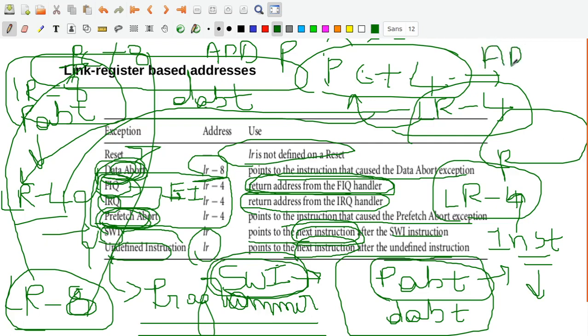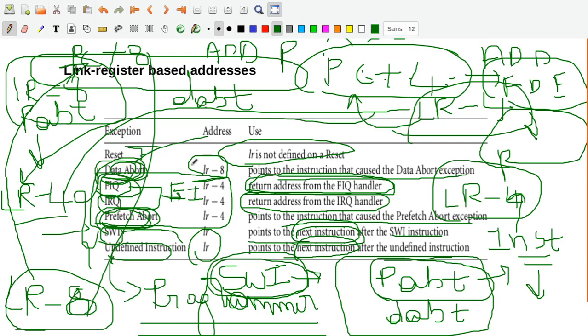So the starting address of this add instruction. Again you fetch this one, again you decode, again you execute. But you do all these things after completion of the FIQ or IRQ exception. In most of the cases the execution is completed, it tries to do that. But still sometimes, when FIQ or IRQ exceptions are of high priority, particularly FIQ, when that exception is thrown, it definitely completes that exception, then only returns back. So this is how you have the return address.